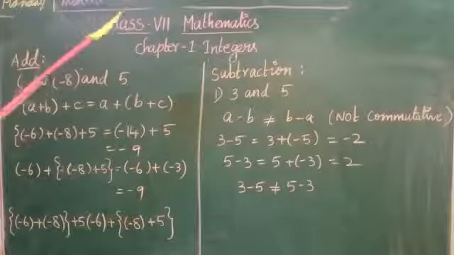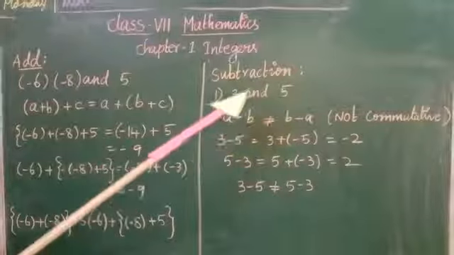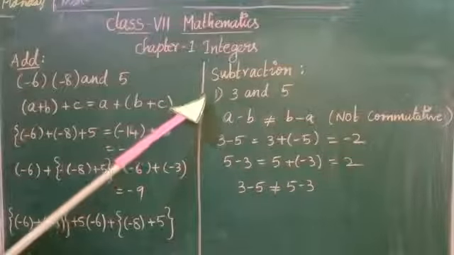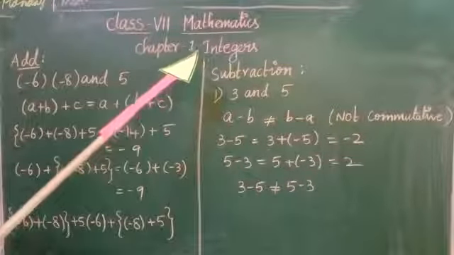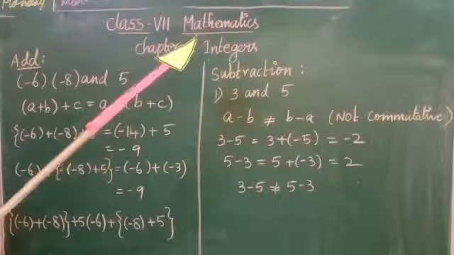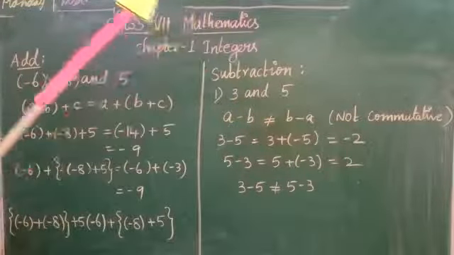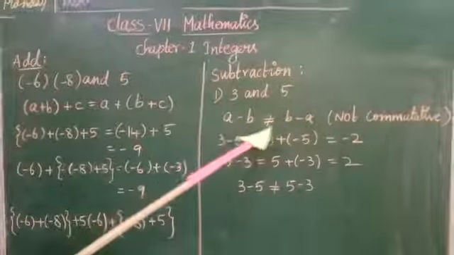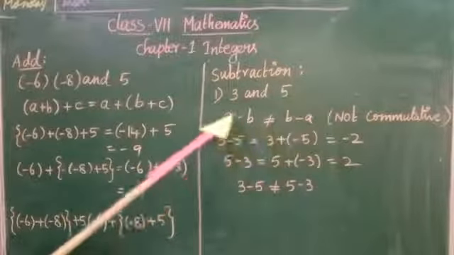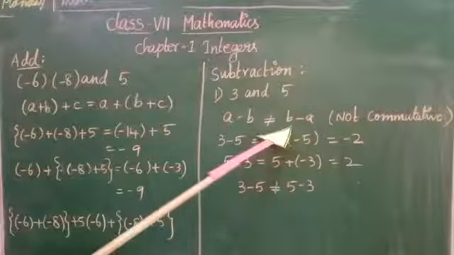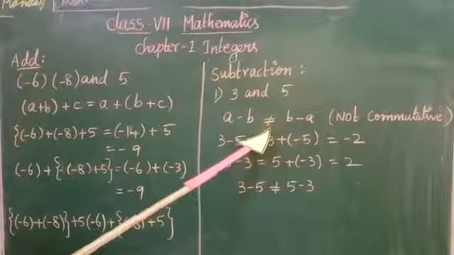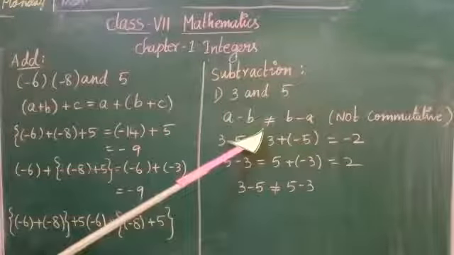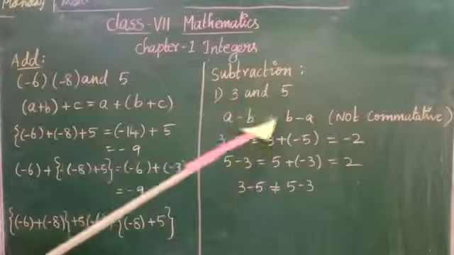And let me move to the subtraction problem 3 and 5. In subtraction, what I said, the main thing is that the left hand side does not equal the right hand side. That is said in subtraction, even in the commutative property, associative property, whatever property it is. So here A minus B doesn't equal B minus A. When you interchange the values, A minus B becomes B minus A. It doesn't equal. But in addition, when you interchange the values on the left hand side and right hand side, the answer will not change. That is addition. But in subtraction, the value will change.